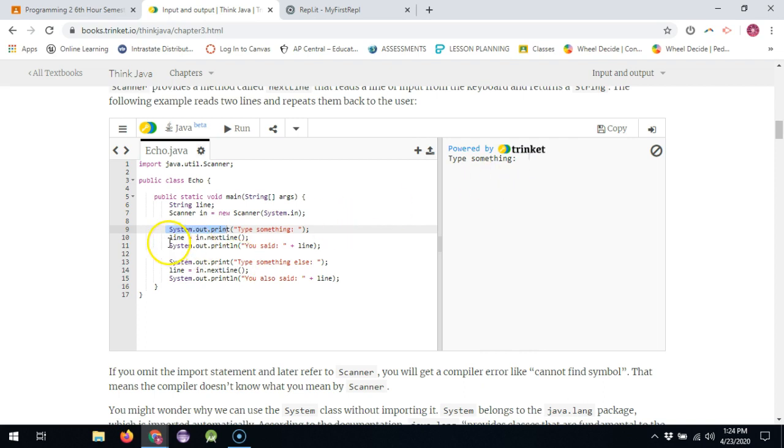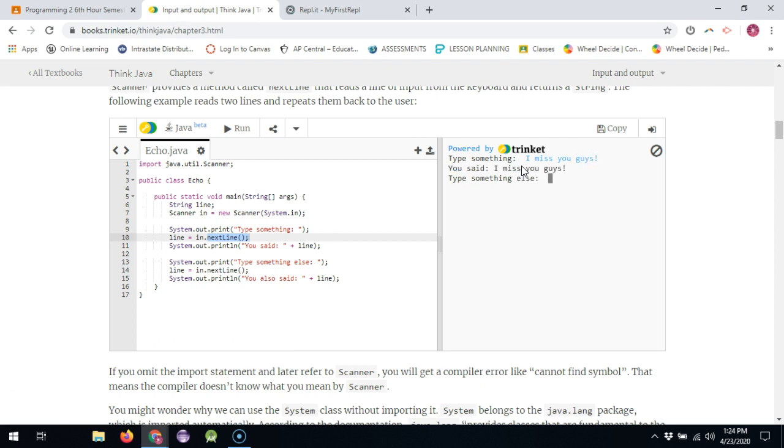It's just blinking. The reason why is because we're right here in the code right now. We're waiting to assign line, which is this string variable up here, the value of whatever we type in to in, which is the scanner object, next line. This basically means, hey, I'm going to take in a string, so go ahead and type. So if I typed in a message